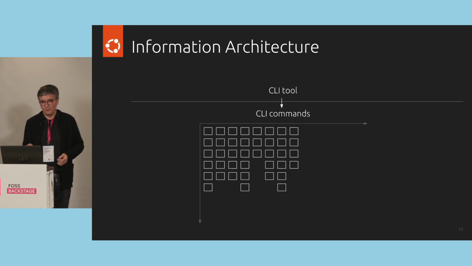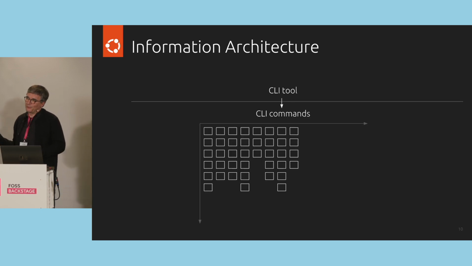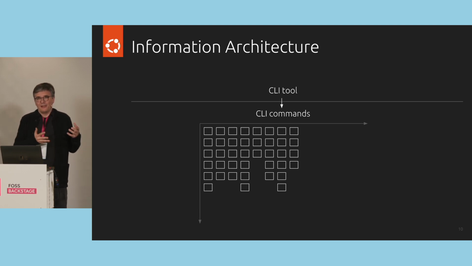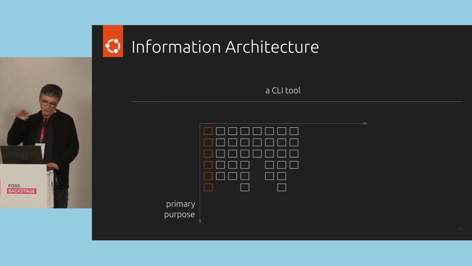And that is also the same with CLIs, only that with CLIs, you're dealing with commands. So when you're looking at a CLI, the first thing that you see is what commands does the CLI provide. And these are often an unordered heap or an alphabetical list of these are the verbs, the actions that a command provides. And if you think of architecture here, I think there's two